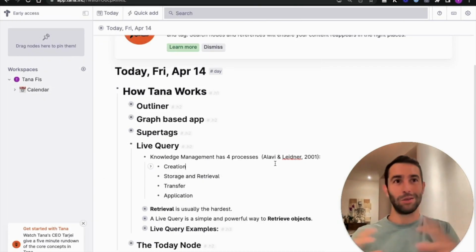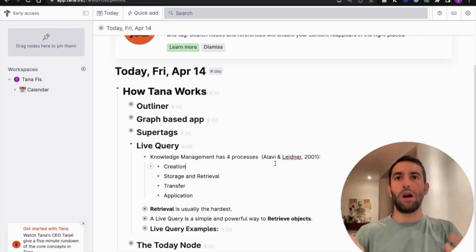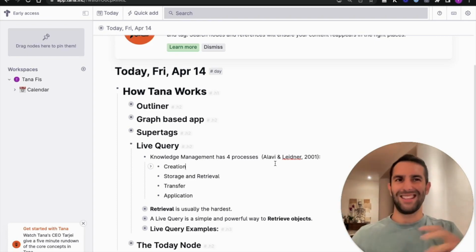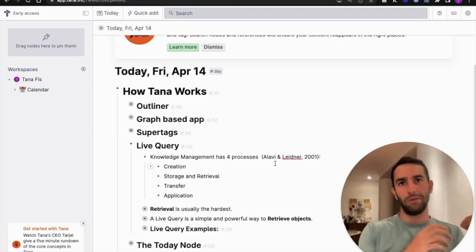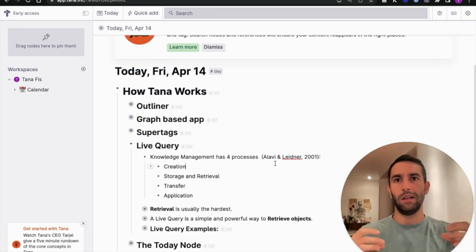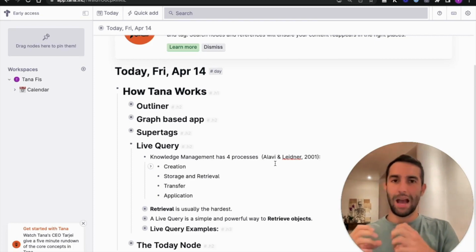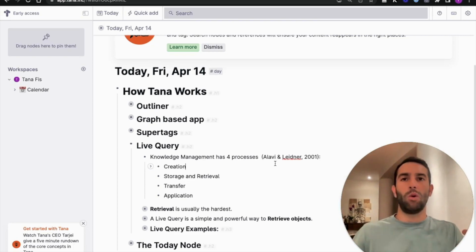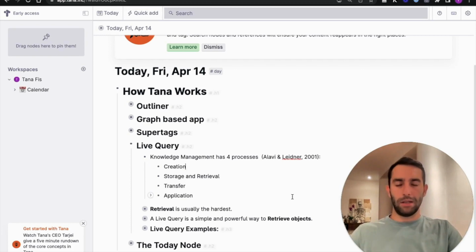They put together probably 20, 30, 40 different processes about knowledge management, directed at enterprise knowledge management, and they distilled it into these 4 processes: the creation of knowledge, storage and retrieval, which are together because they are very related, the transfer of knowledge, and the application of knowledge. These are a summary of what happens with knowledge when we're dealing with it on a day-to-day basis.